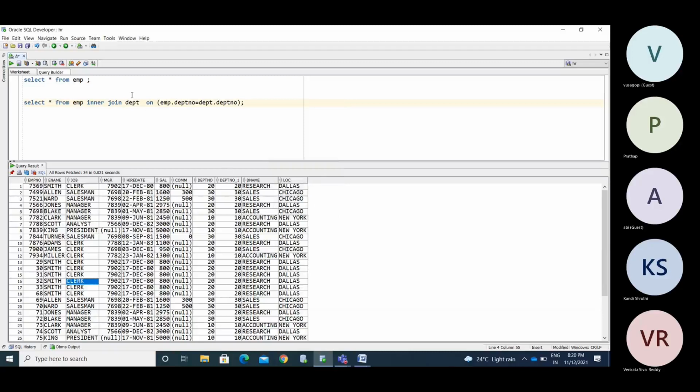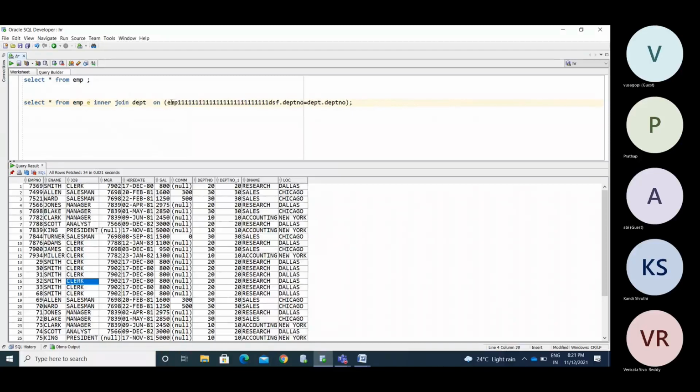While deriving this, if the table name is big, instead of taking this big name as the reference for the column, I can provide some alias name.